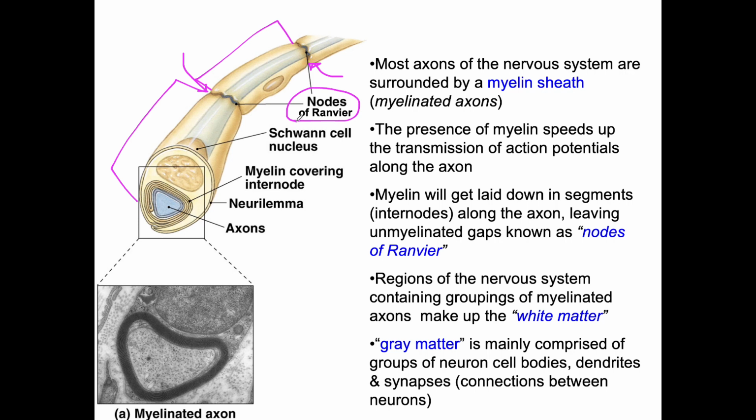Nodes of Ranvier are small regions of unmyelinated area between the Schwann cells. They're important because voltage is able to jump from one node of Ranvier to the next one, and that's what helps to propel the signal faster. Rather than forcing that voltage signal to run all the way through the axon, it can just bounce to get